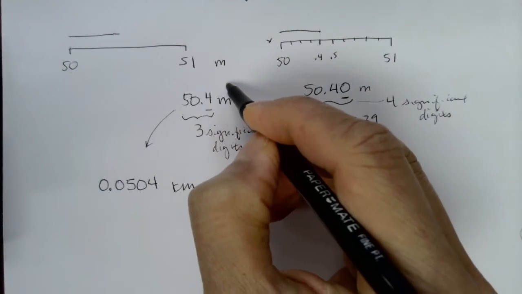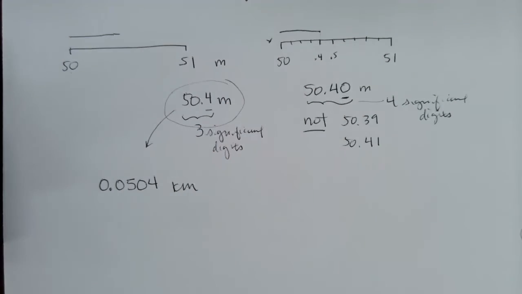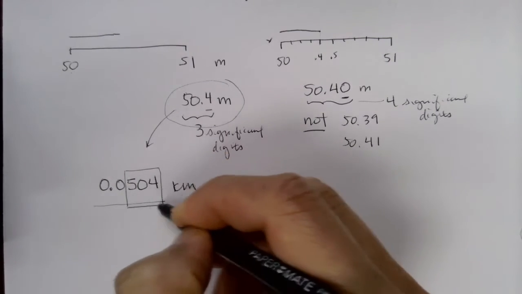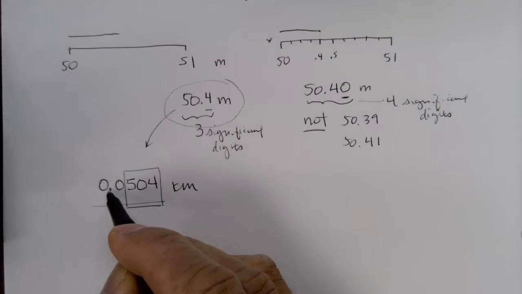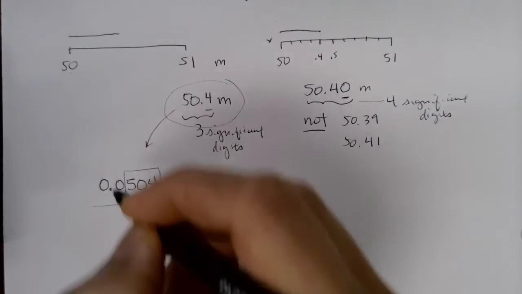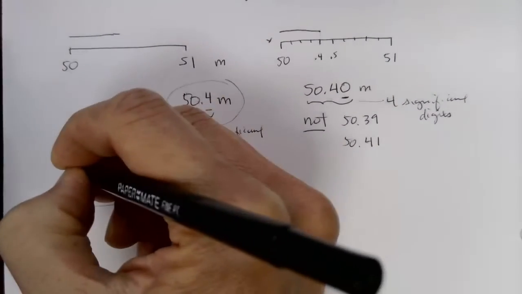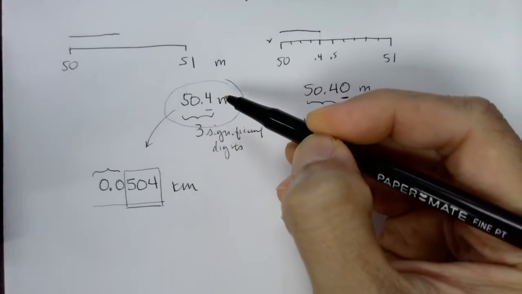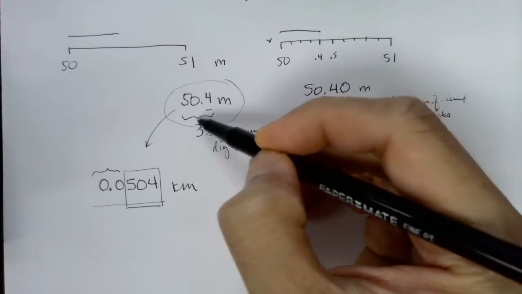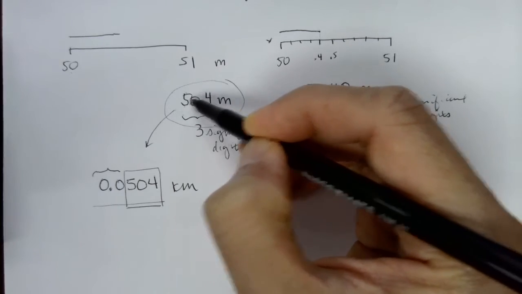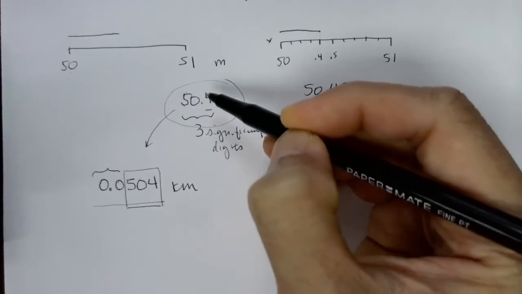Alright, it's probably clear when you look at this number. I just count the number of digits I have. Well, what about this? So in fact, if I have a number that is to the right of a decimal point, the zeros leading up to that number, these are not significant. Basically, any number that is non-zero is significant. The only reason it's non-zero is that it indicates some sort of measurement. So my 5, my 4, any zeros in between my number, it should be clear that that's part of my